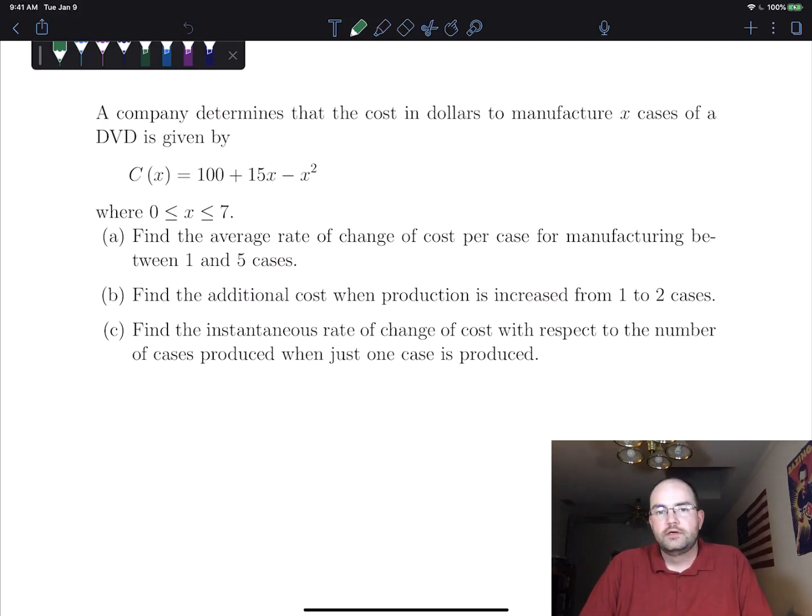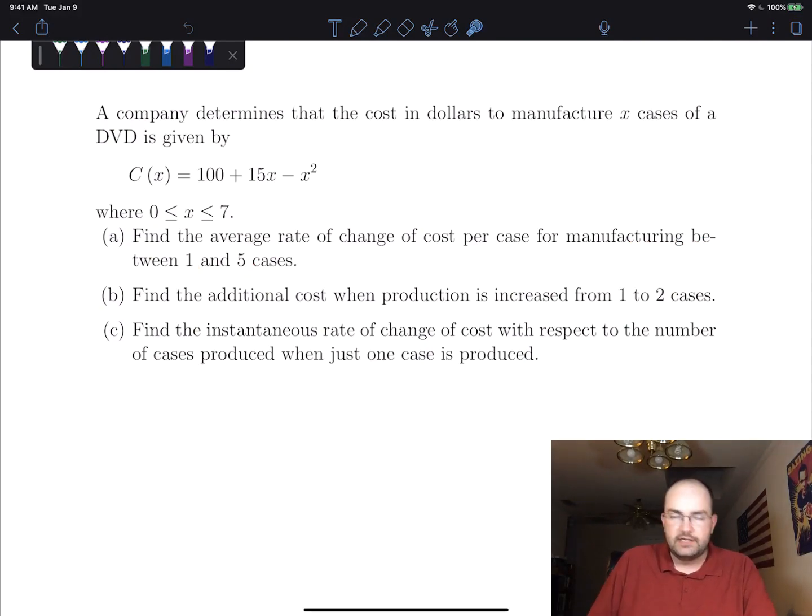Hello. In this video, we want to look at an application. A company determines that the cost in dollars to manufacture X cases of a DVD is given by C of X equals 100 plus 15X minus X squared, where 0 is less than or equal to X is less than or equal to 7. We want to find the average rate of change of cost per case for manufacturing between 1 and 5